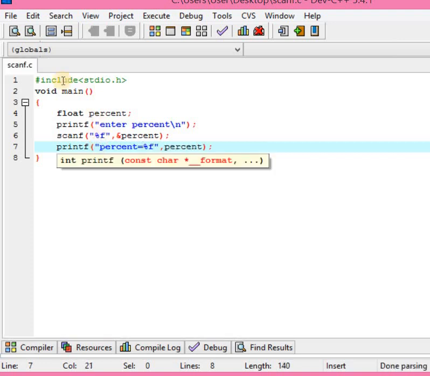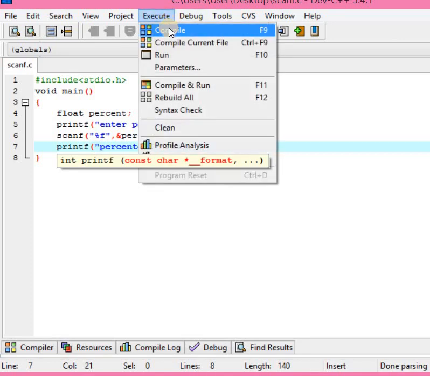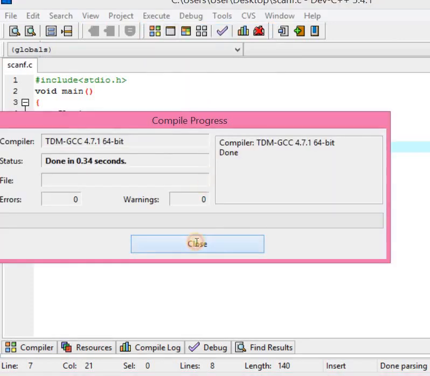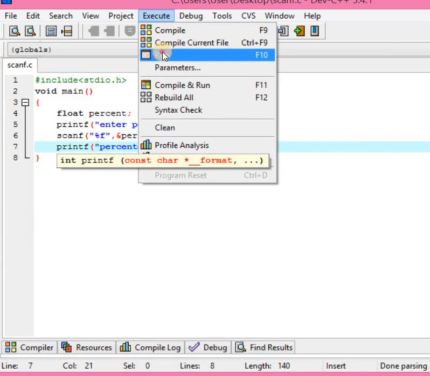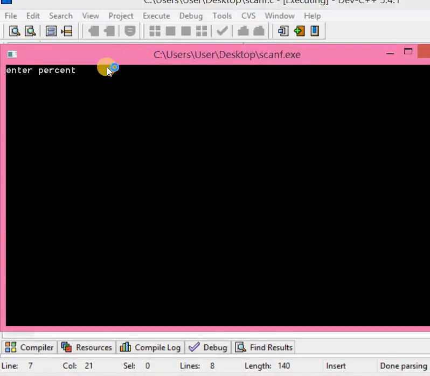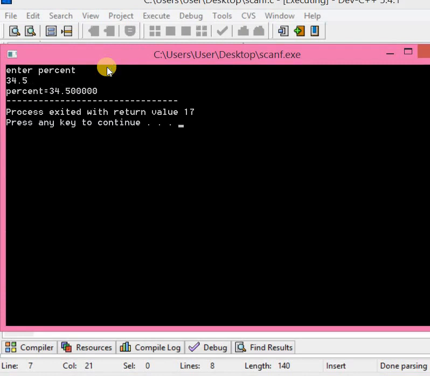Save the program, execute, compile it, run the program. Now see the output. Write any float value, it shows 34.500.